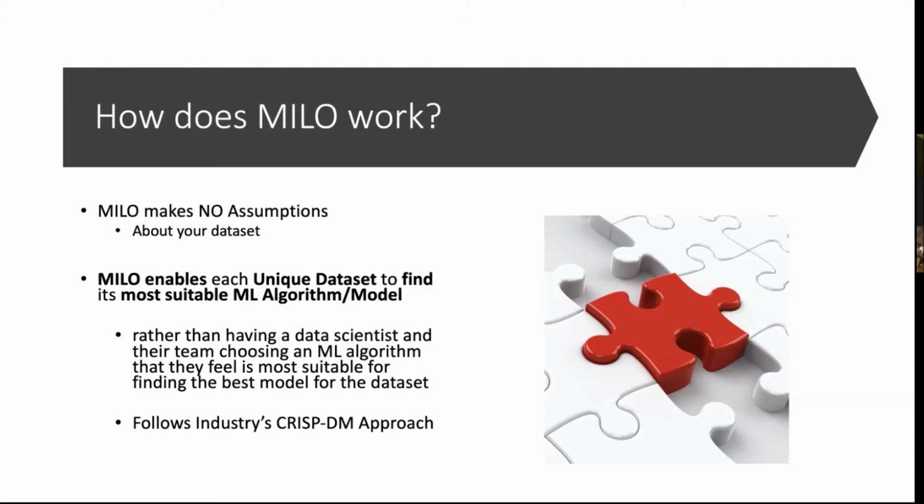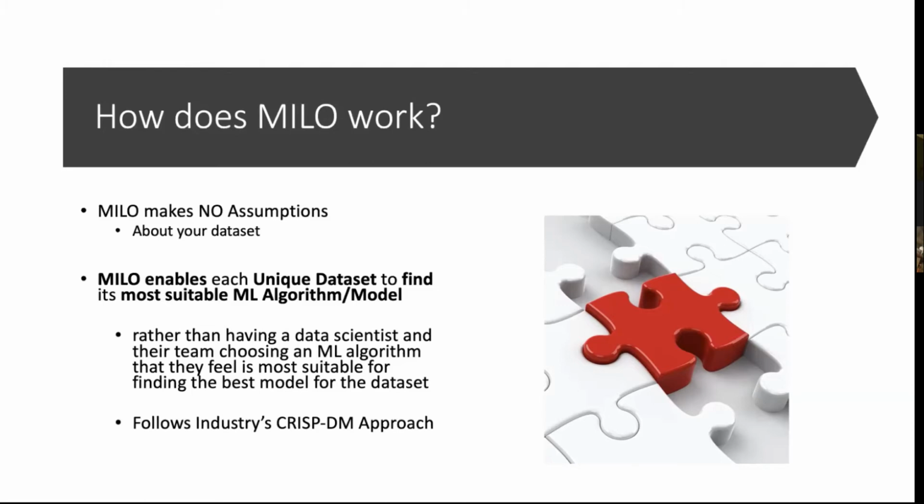So there are obviously all these biases involved. So instead of a machine learning expert or a machine learning expert group deciding what's best for your data set, we let your data set decide what's best for it through MILO. So MILO becomes a matchmaker. And it becomes a matchmaker while following the industry's best practices, the CRISP-DM that I mentioned earlier. And actually, we have an enhanced version of CRISP-DM, and we've made it harder because we're dealing with healthcare data. So within our study designs, we require a secondary data set regardless.